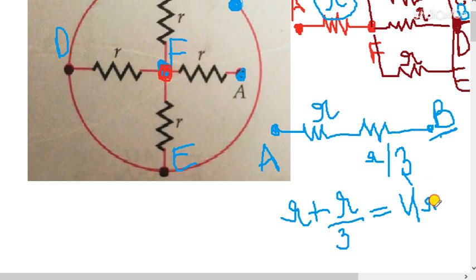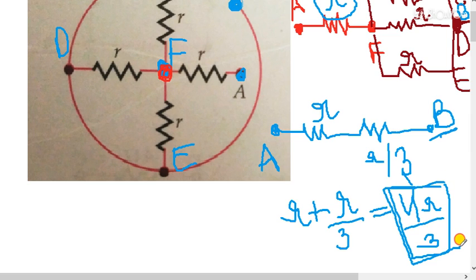Students, I hope this question is very much clear to you. Basically the concept is that you have to learn how to move the potential points. So this is the question, and I will repeat the question again. Don't worry if it is not clear to you, I will explain it again.